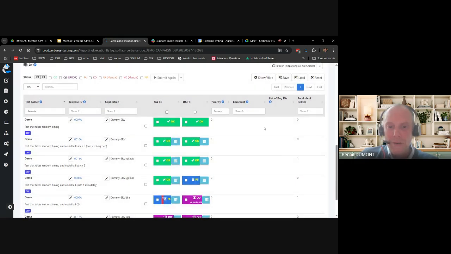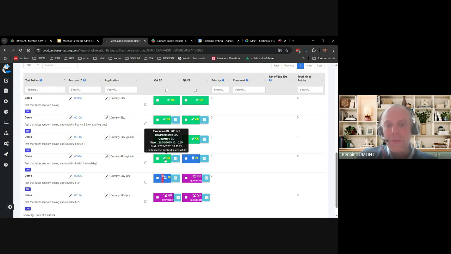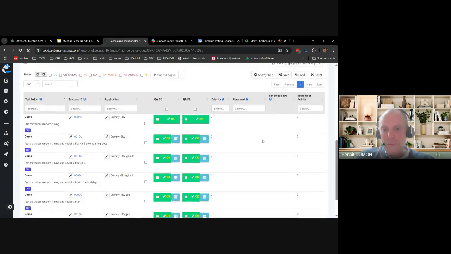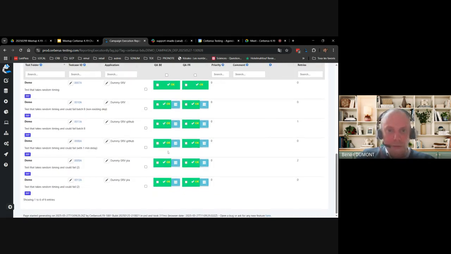So if I refresh that, we see now that it has been released. We see here that it has been released at 13:10, while the previous execution, that is this one, has ended at 13:09. So we see the 1 minute gap between the two executions that prevent that test to be executed right after the first one. So that's the first two illustrations.